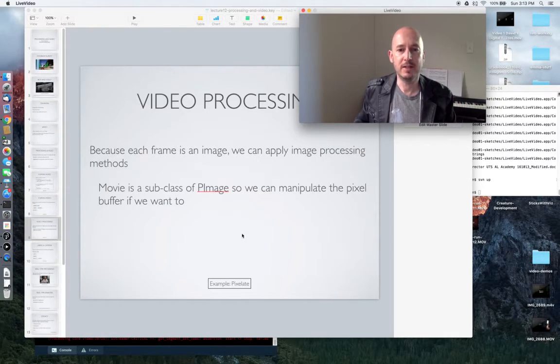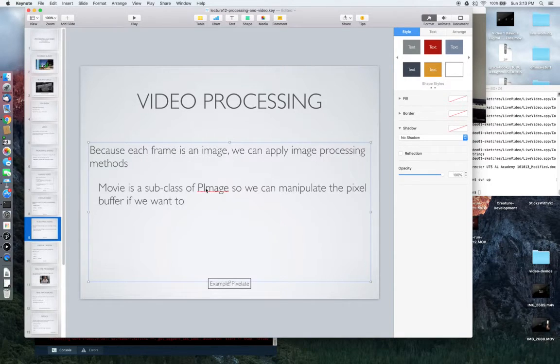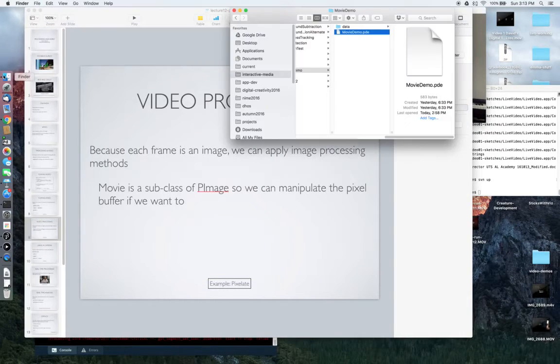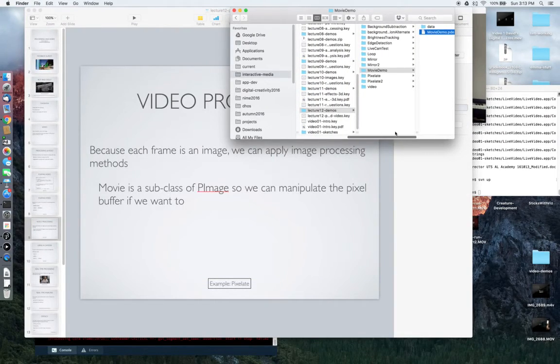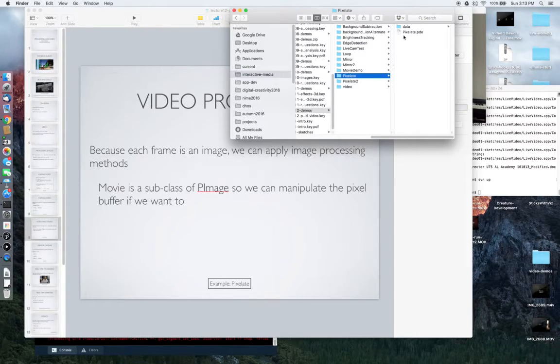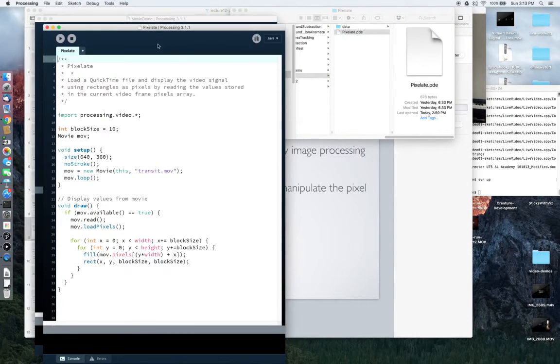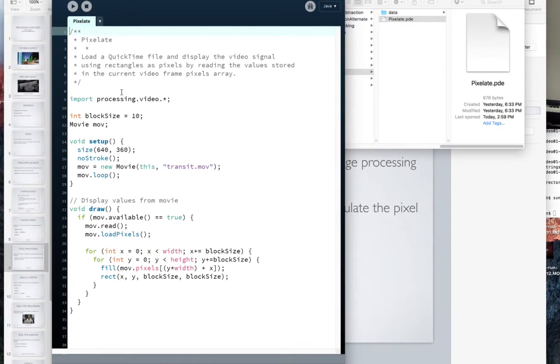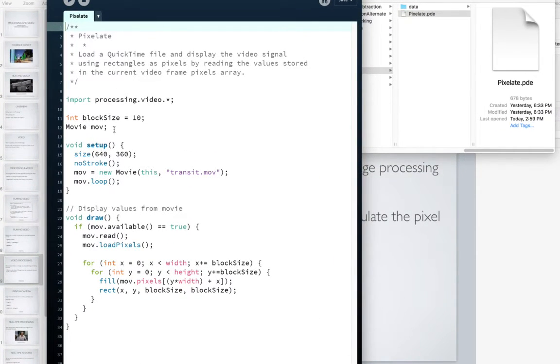So technically speaking, movie is a subclass of the processing image class. That means we can manipulate the pixel buffer just as we have manipulated the pixel buffer for still images in last week and the week before. So let's take a little look at an example. This is the Pixelate. Get rid of the last one. So this